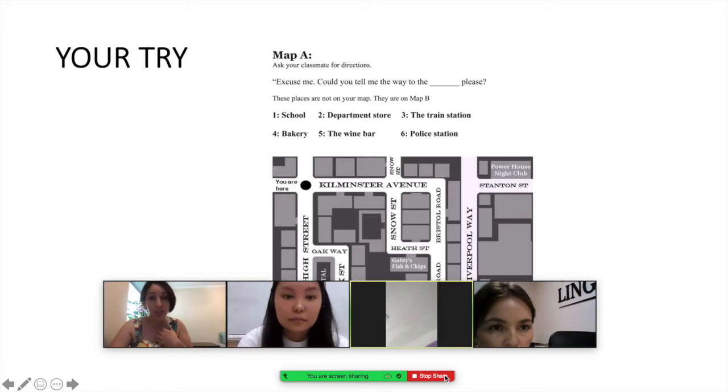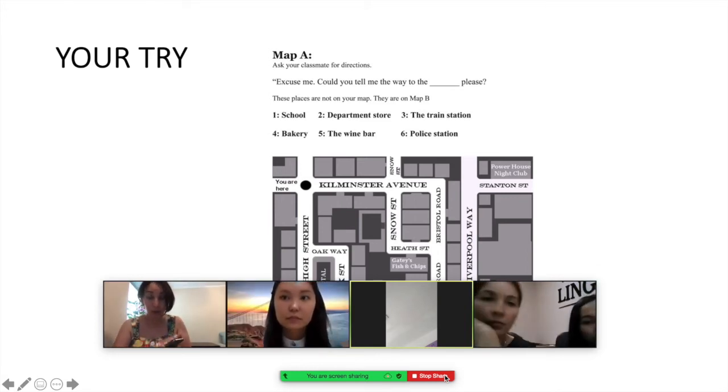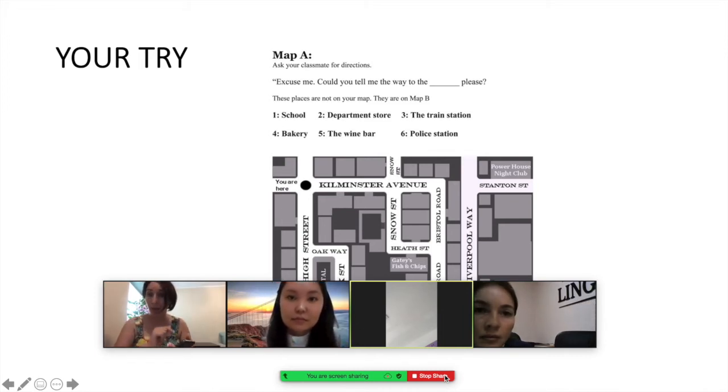It happened to me yesterday. I was walking on the street and a lady came up to me and she asked, "What is the number of this house?" She was in her 70s, maybe, quite an old lady. I didn't know because I wasn't in my neighborhood. I had no idea what the number of that house was, but I wanted to help her. Even in my native language, what I did, I opened my phone, looked at the map, and I was like, oh, this house is blah, blah, blah.